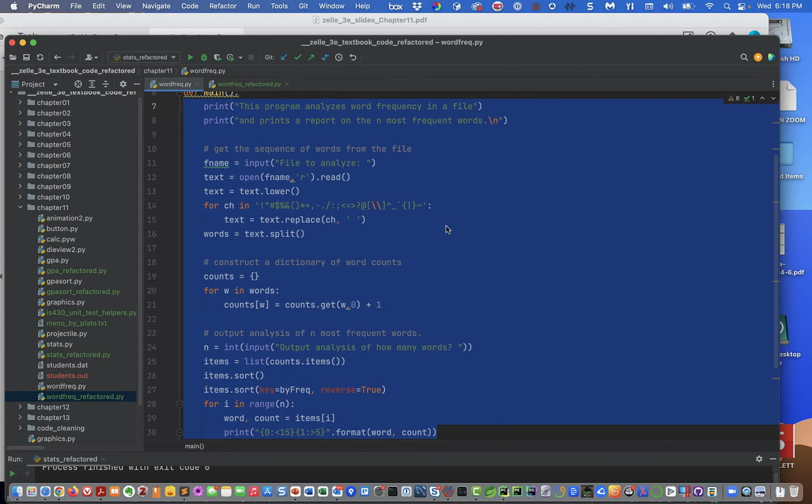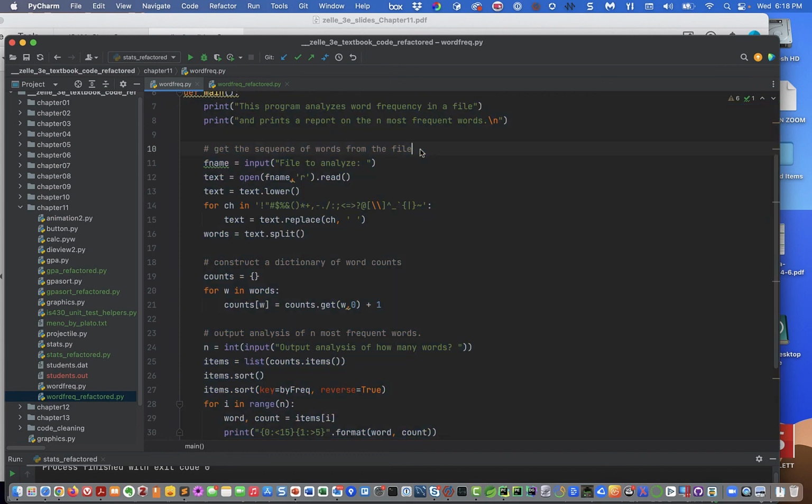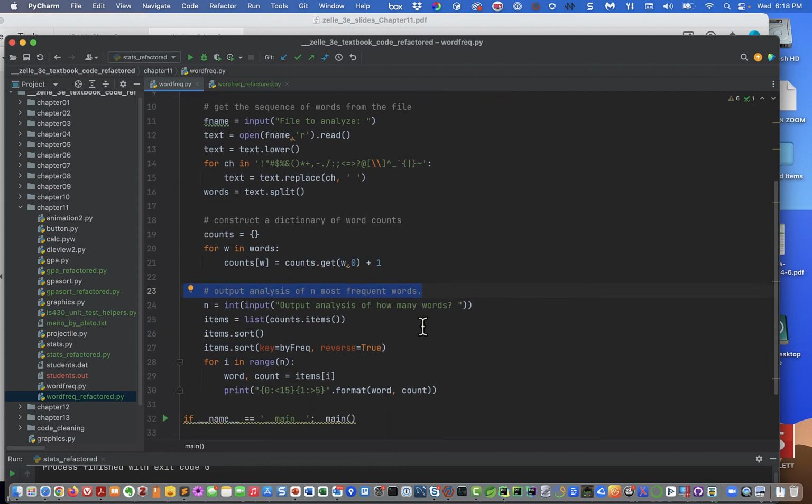But the problem you get when you don't take bits of related code and factor them out into methods is that you don't have method names. And so you have to insert comments to tell the reader what's going on. So what I've done in the refactored version is I've taken each of these groups of code and I've extracted